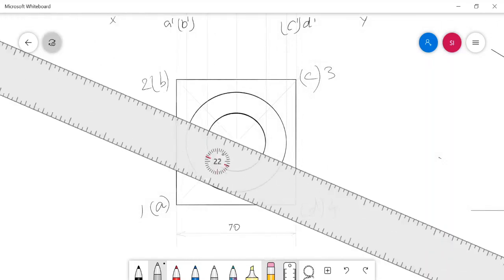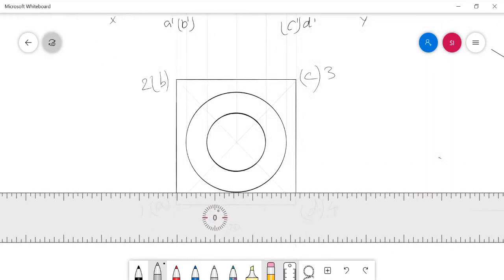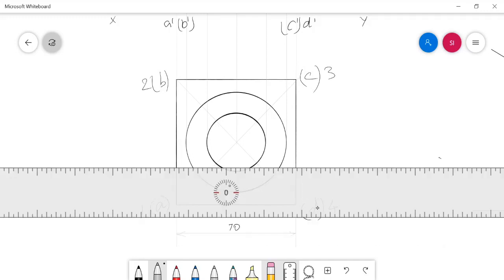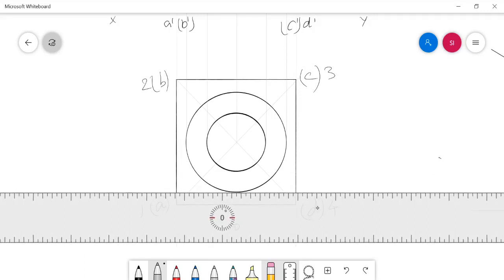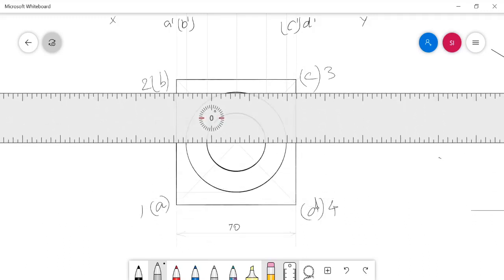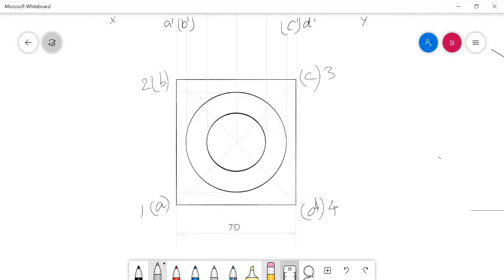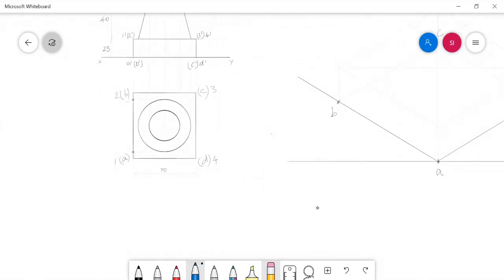I'm just locating the range of the base circle of the frustum with respect to the sides of the square slab. So I obtained 2 points. These 2 points can be marked here and there,